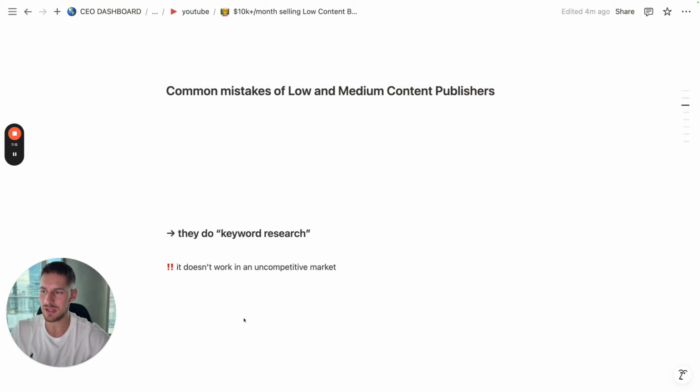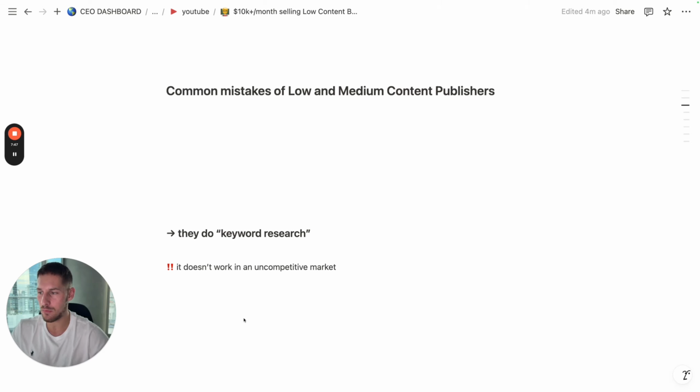So the first mistake is that people actually do keyword research. They sit down and write down keywords they deem are profitable. Because there are other people making sales, there is some proof of concept, you need at least 2-3 books selling, and they write down all this useless information, and it doesn't work in an uncompetitive market. This could work for non-fiction publishers, because it's crowded and there are a lot of competitors, and you look for competitors that you can beat when you publish non-fiction. This is what you are doing.